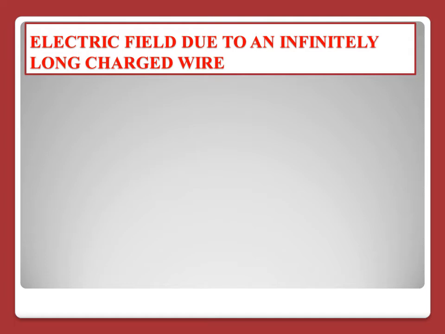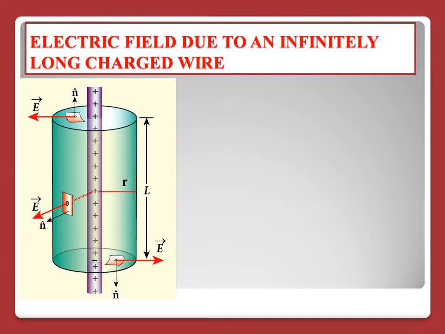Now let us consider an infinitely long straight wire having uniform linear charge density lambda. Let us consider a point P which is at a distance of r from the center of the wire, and you are going to consider two elements A1 and A2 on the wire which are at equal distances from the point P. Now the resultant electric field due to these two charge elements points radially away from the charged wire, and the magnitude of the electric field is same at all points on the circle of radius r.